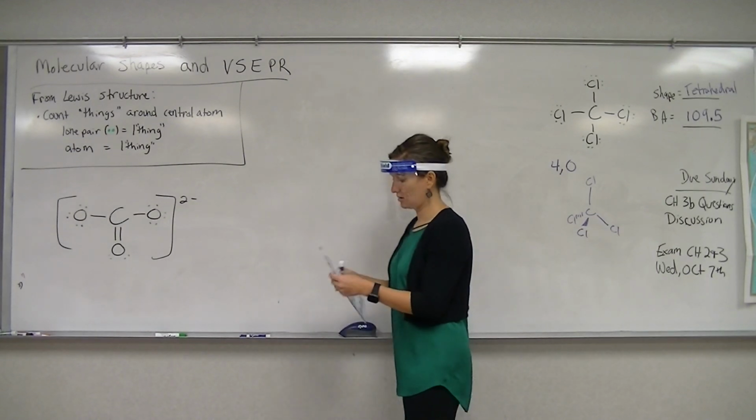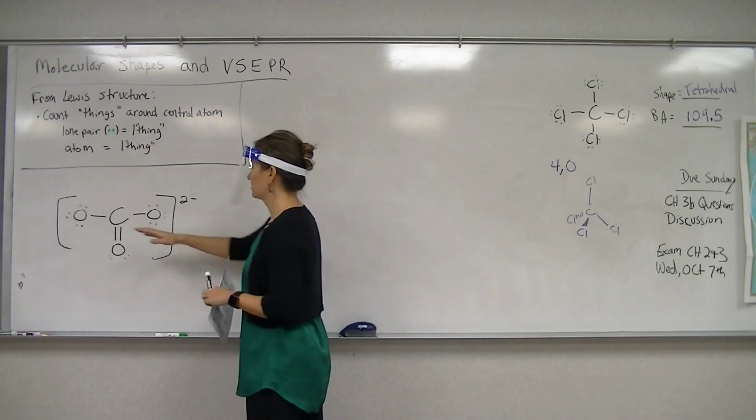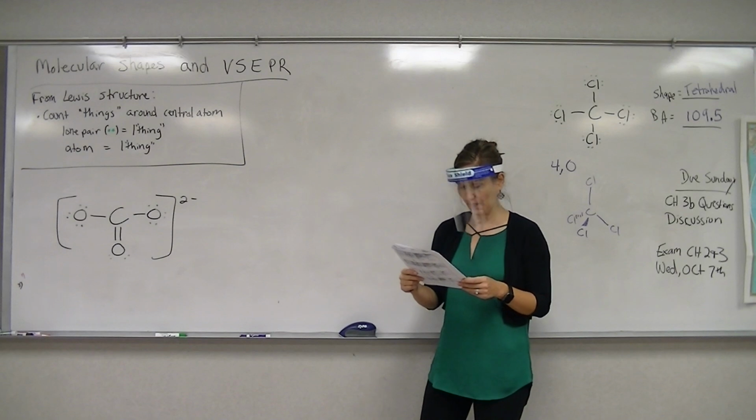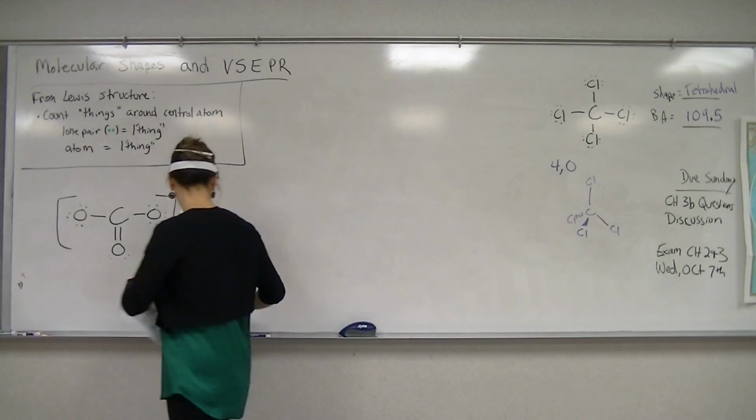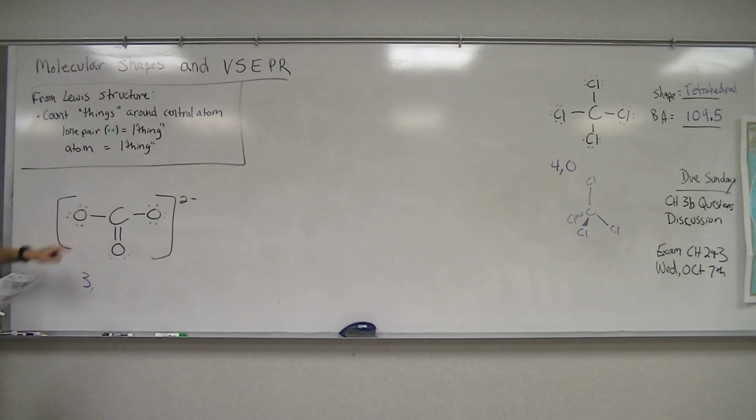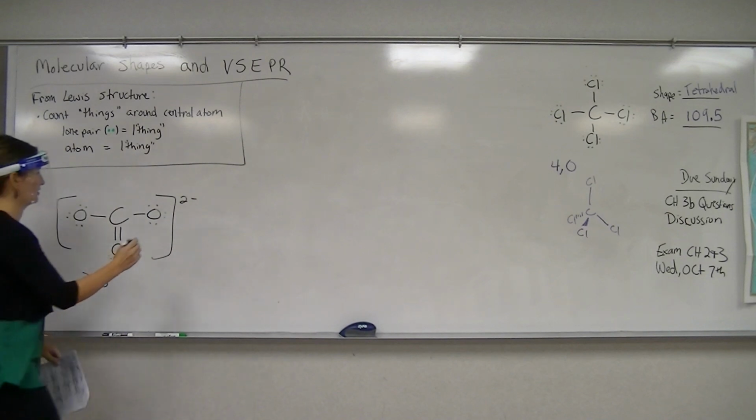So, how many things around the central atom? 3. So just looking at carbon, how many of those things are lone pairs? 0. Okay, so now we're looking at the 3, 0. And this shape says it's